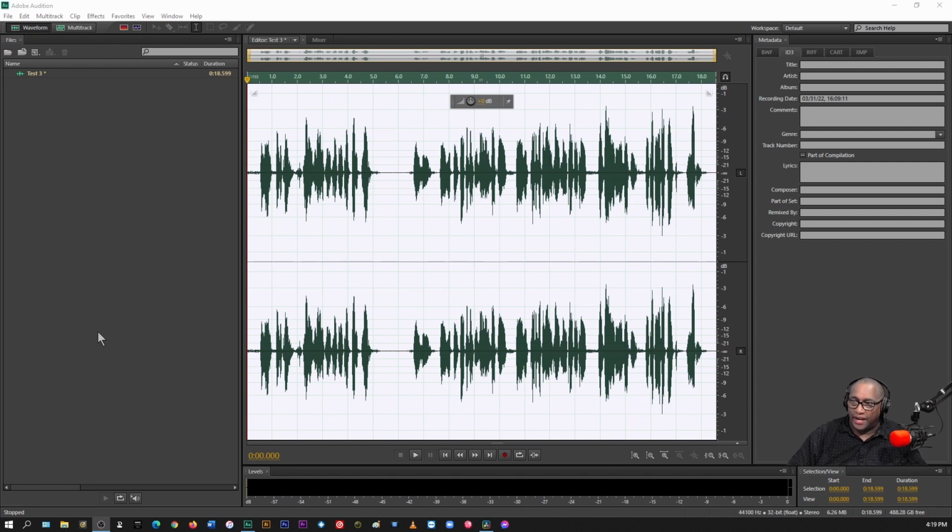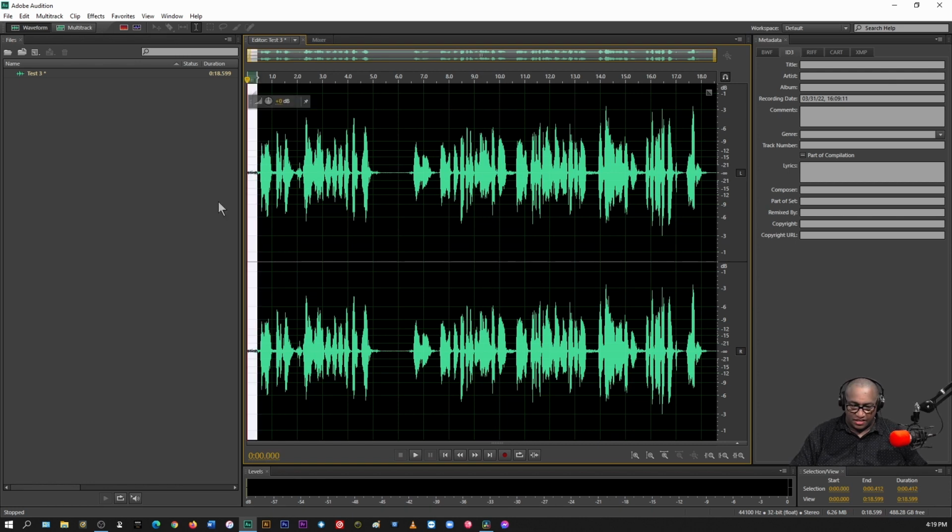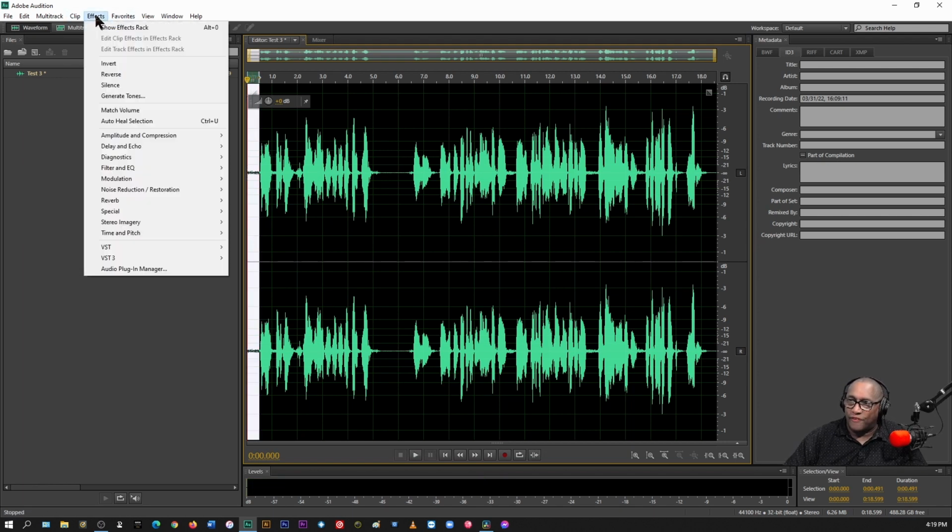Let's go to the beginning and listen to this. Hear that noise? I don't want that noise. And that noise is throughout the entire recording. So in order to eliminate that noise, I have used the left mouse button and I've highlighted the area of noise. Now I could go to Effects, noise reduction